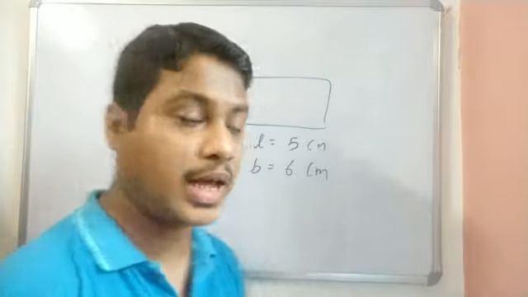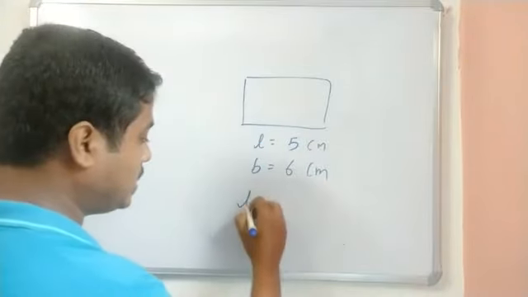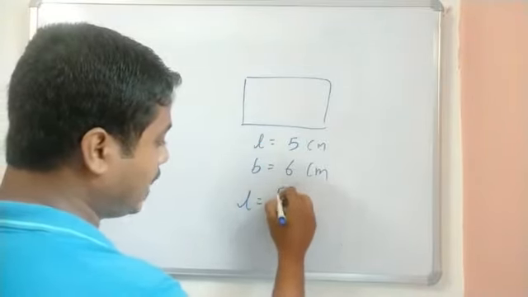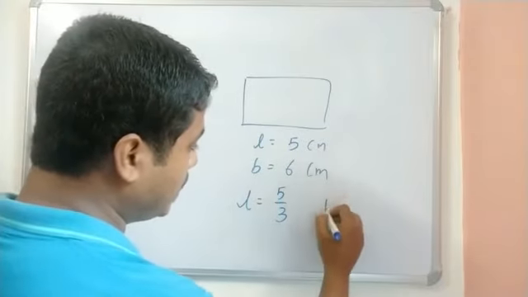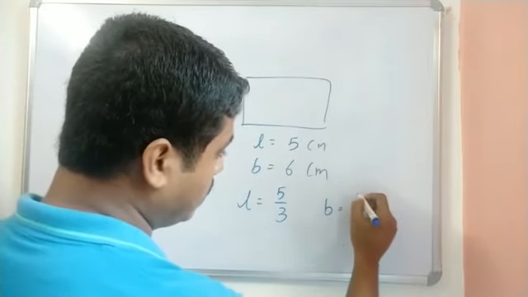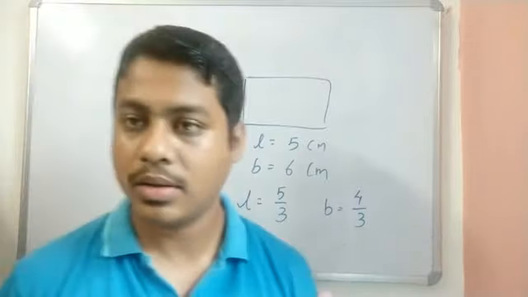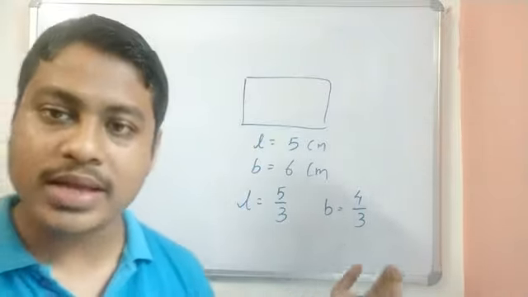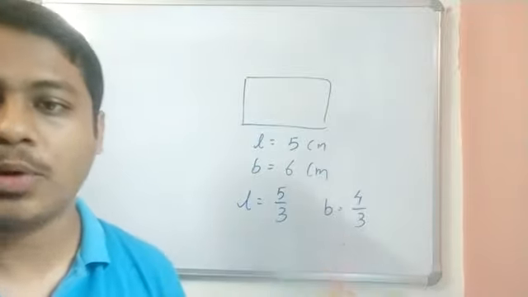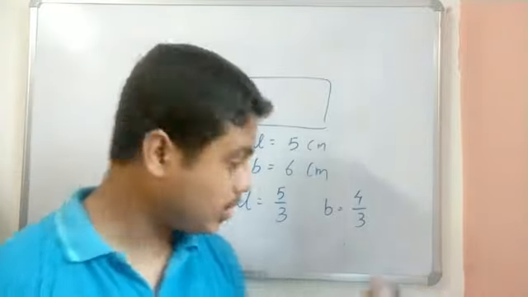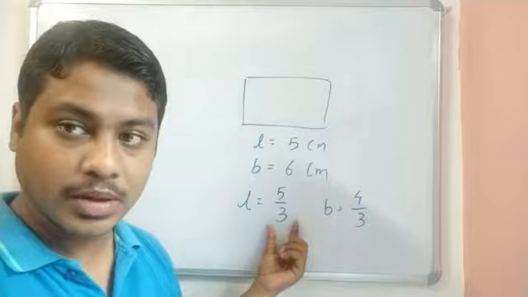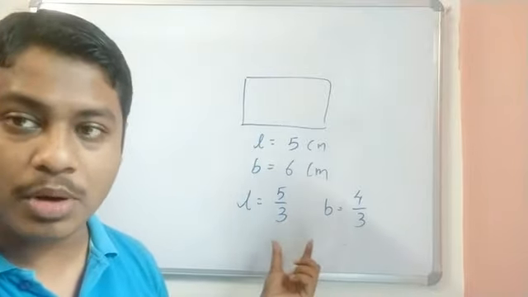Suppose the value is not given in the form of an integer, but in the form of a fraction. Suppose the length is 5 by 3 and the breadth is given as 4 by 3. How will you do it? The way of doing is the same, that is 5 by 3 into 4 by 3. But because both of these are fractions, improper fractions,